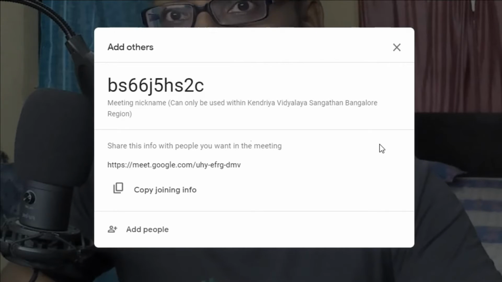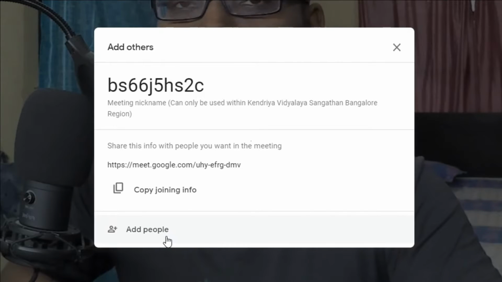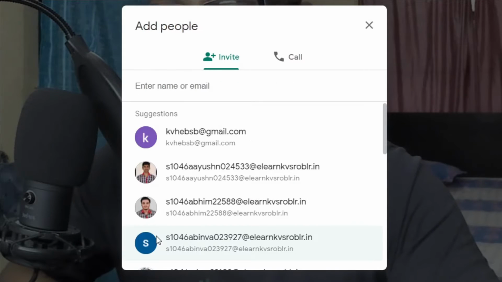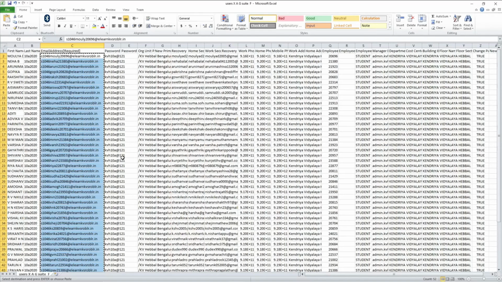Now those students who try to log into your classroom will send you a request and you have to admit. To avoid this confusion, you can add people into your online meeting or class. So to add people, select this add people, though they are in your G Suite account, but still you can add. Now you must have the Excel file or Excel sheet of all the students' email IDs or G Suite account IDs.